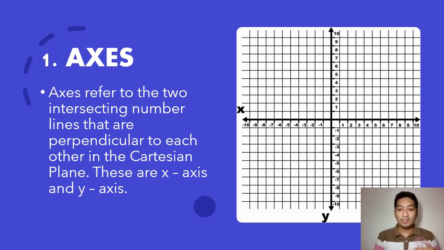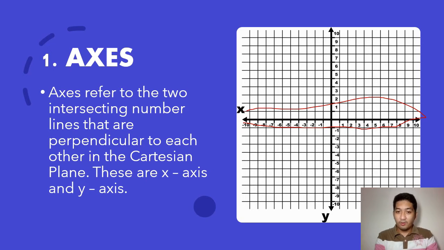Okay, so when you were in grade 7, you were taught the idea of number lines. There are vertical number lines and horizontal number lines. Now, with the rectangular coordinate system, you will be introduced to two intersecting number lines, and that's the coordinate system, and we will be calling them axes. Okay, always remember that this one,